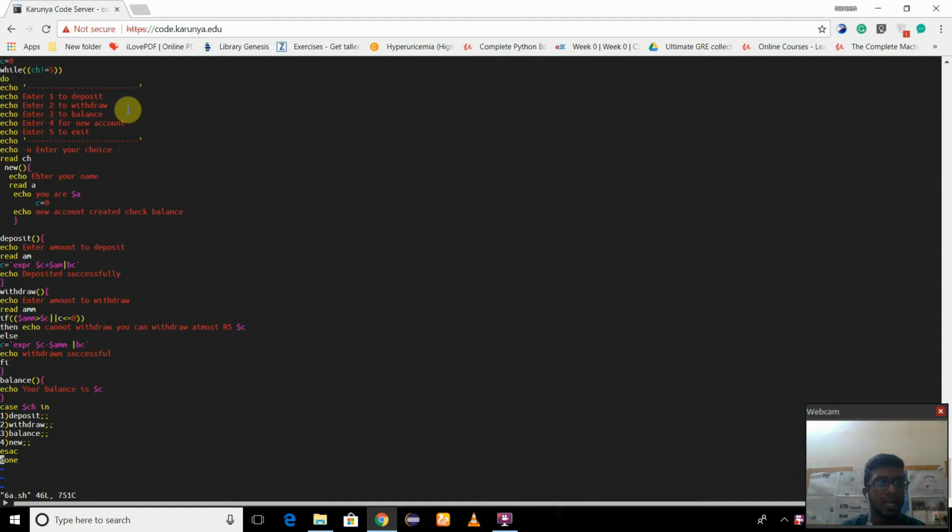As you see, this is about a bank. Here we have options like deposit, withdraw, balance, then new account and exit. So this is basically how a bank works. For creating this, we start with initializing the balance as 0, so that is C is equal to 0,